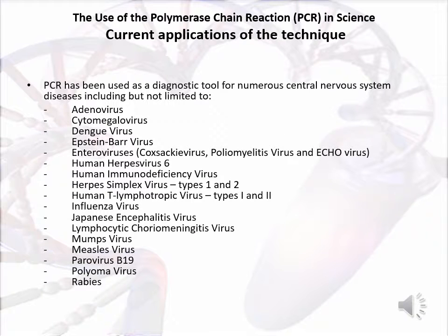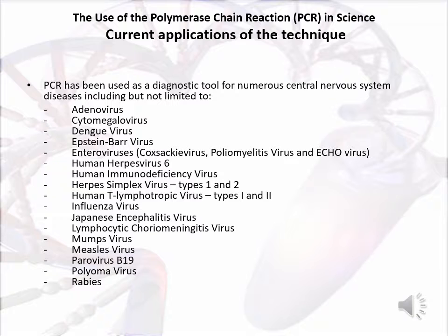Polymerase chain reaction has been used as a diagnostic tool for numerous central nervous system diseases. Polymerase chain reaction has the ability to detect minuscule amounts of DNA or RNA in tissues and fluids. This has assisted in the accurate diagnosis and the enhanced understanding of the pathogenesis of some of the following listed viruses: adenovirus, dengue virus, Epstein-Barr virus, poliomyelitis virus, echovirus, human herpesvirus 6, HIV or the human immunodeficiency virus, herpes simplex